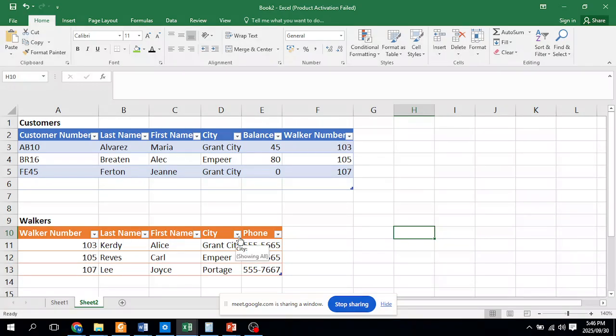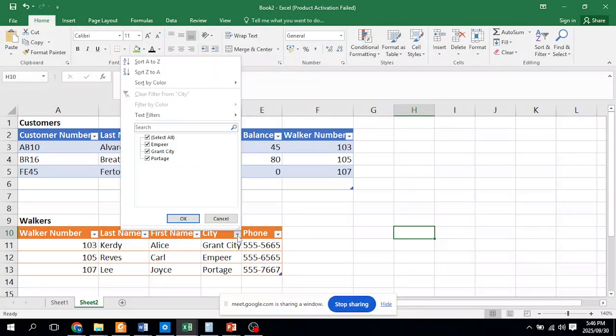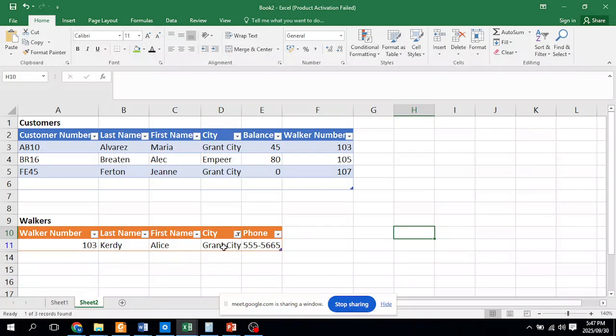For example, I can click on this arrow and select everything except Grand City, and that would show me only Grand City entries. So let's say query 1 says find all walkers from Grand City, and this is the result that you got. How would you now show me that you found these results, because you're going to clear your filter?